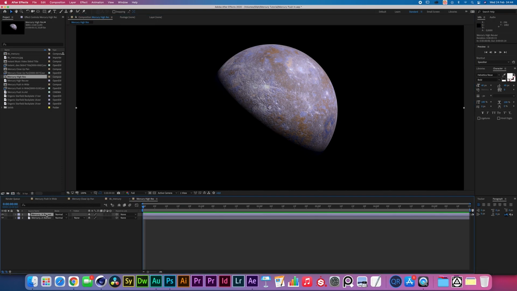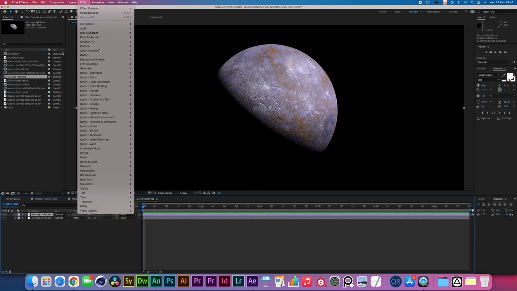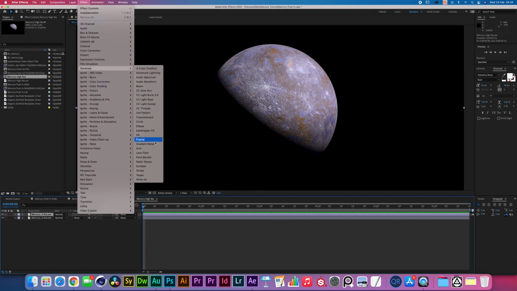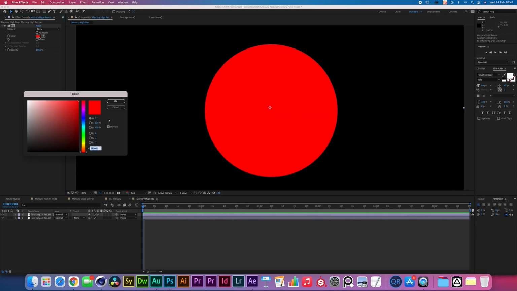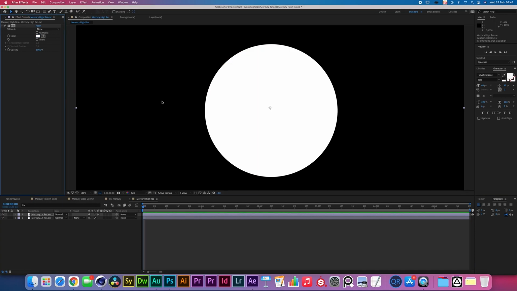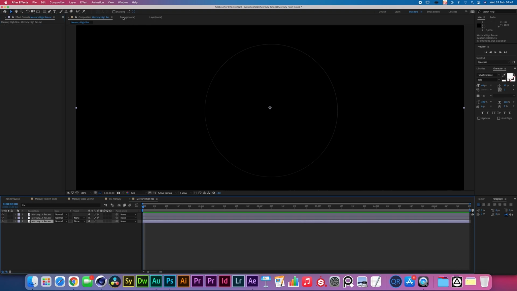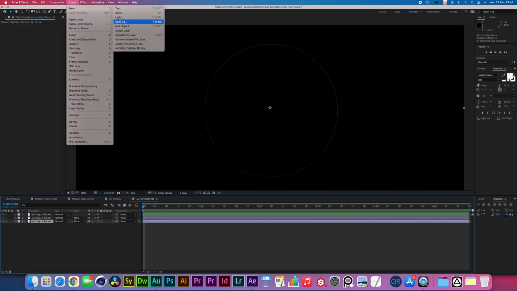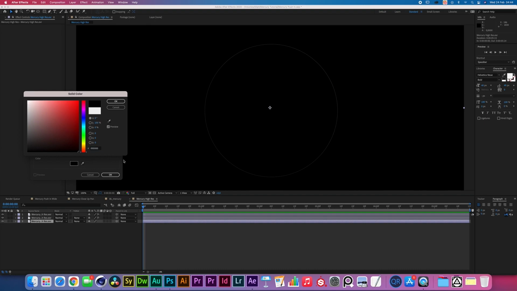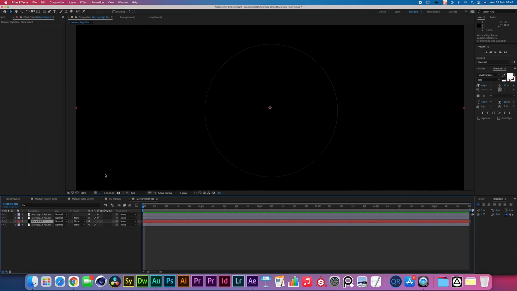So the way that I'm going to do it is I'm going to duplicate that layer. I'm going to go to Effect, Generate, Fill, and I'm going to fill it with pure white. Now I'm going to duplicate that layer a second time and I'm going to fill it with pure black. Now, if you put just a solid black layer behind it, we can essentially use blurs to control a Luma